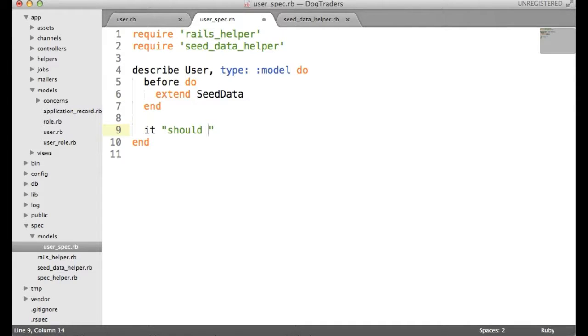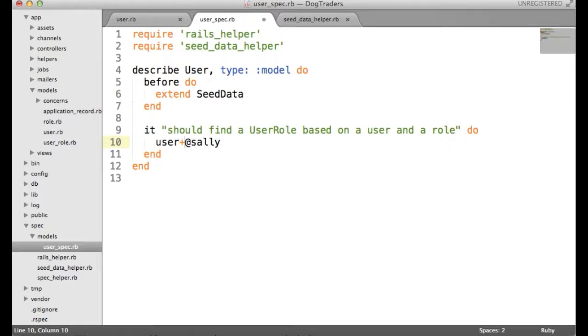What should we say? From a user's perspective, I should be able to find a given user based on the role. Like Sally is both a customer and an employee. What if I was able to find a user role based on a user and a role? Wouldn't that be cool? So let's say here, based on Sally, we would want to say some user role,